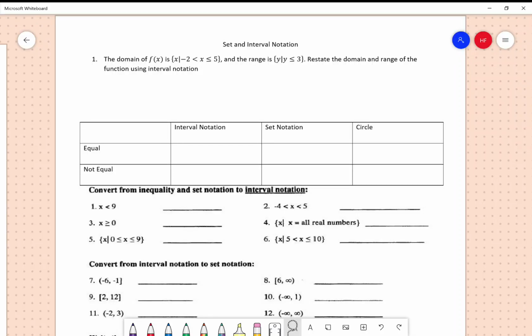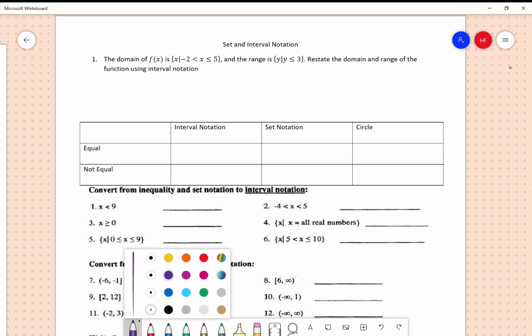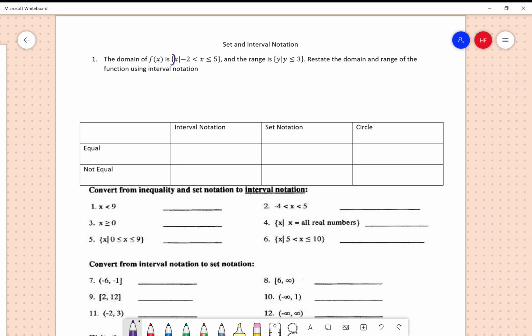Alright, so now we're going to be talking about set and interval notation. Here we have that the domain of f of x is the set. Remember we said that anytime we see something that has this in the front and the back, that's a set. So the set of all x such that x is between -2 and 5. And the range is all y's such that y is less than or equal to 3. We want to restate the domain and the range of the function using interval